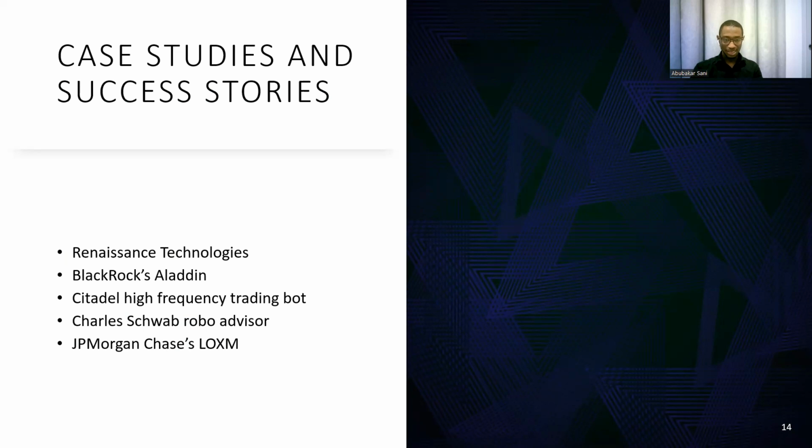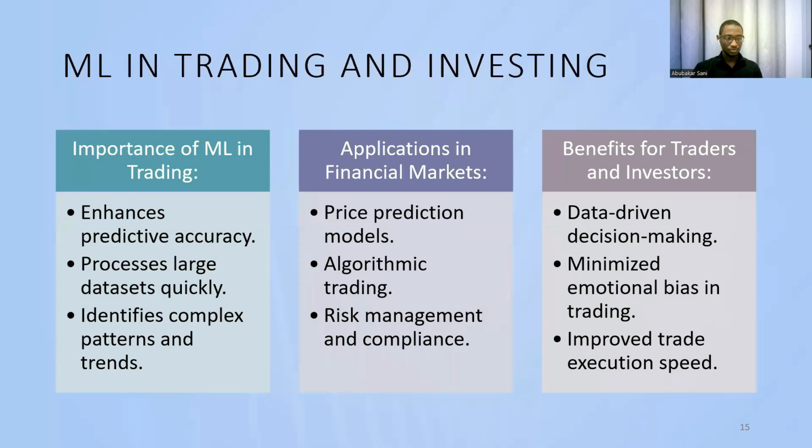For those who don't know, this has been used greatly in Wall Street. These big guys in Wall Street have been using natural language processing, especially sentiment analysis, to look at sentiments and make purchase orders on stocks. Renaissance Technologies, these are very popular, and everybody knows that they use sentiment analysis as one of their trading strategies. BlackRock, Citadel, Charles Schwab, JP Morgan, one or two ways they have used these systems.